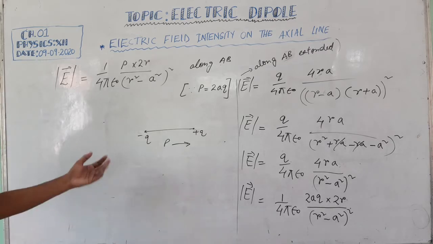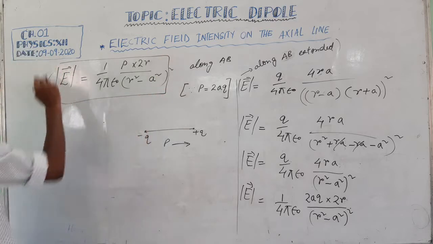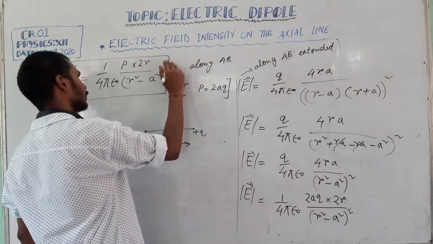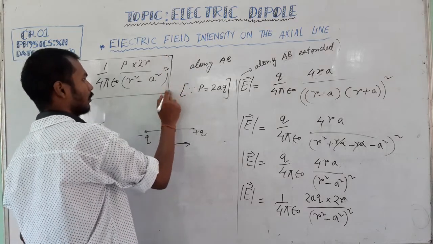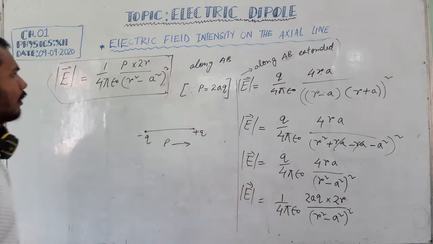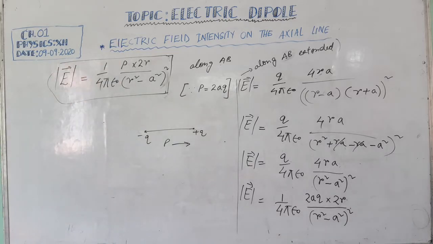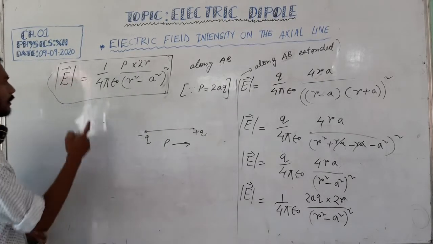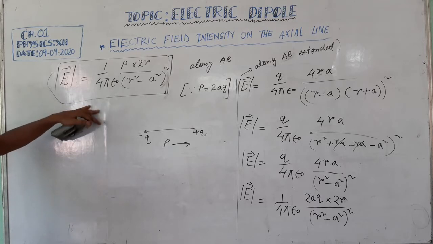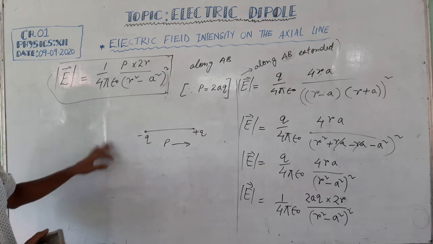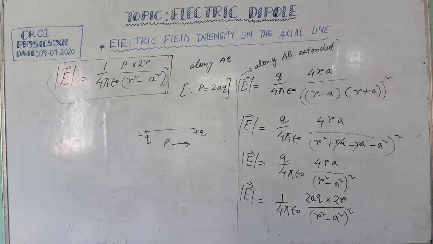Now this is the formula of electric field due to a dipole on the axial line. So please note this derivation in your notebook. Now next we will do electric field due to a dipole on the equatorial line. Is it clear now? This is the final